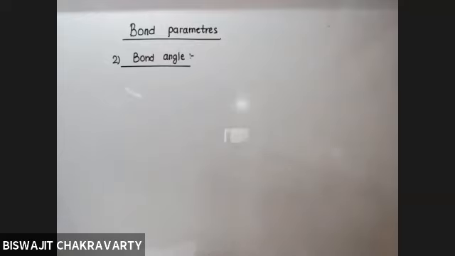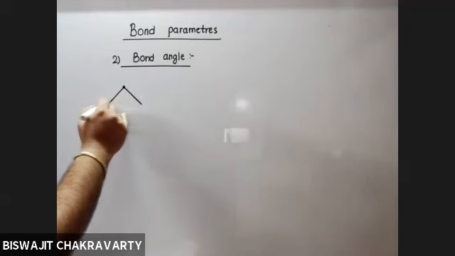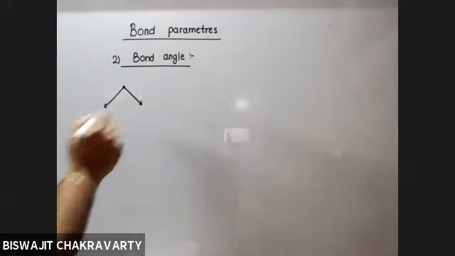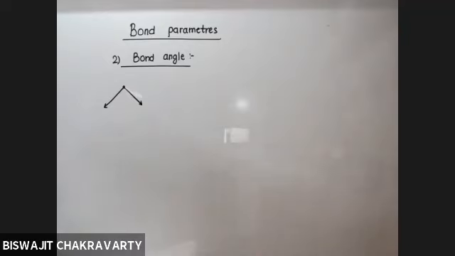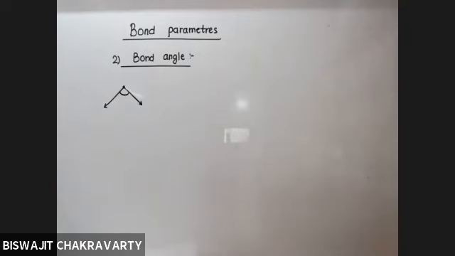You all are familiar with the fact that an angle is formed when two rays connect each other through a single point, and this is how the angle is measured. In the same way, when bonding is formed between more than two atoms, they will acquire some angle. That particular angle is referred to as the bond angle.